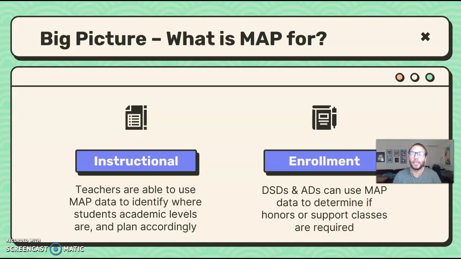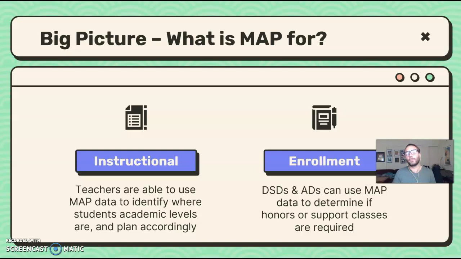The two main things that in the education team we want to make sure MAP is being used for is that MAP is being used to drive instructional decisions for teachers. That they are taking that information that kids have and putting it into their classrooms, using it to prepare for the first week so they're not blindsided, so they're not stumbling through trying to figure out what the kid knows and doesn't know. MAP is supposed to give them that information.